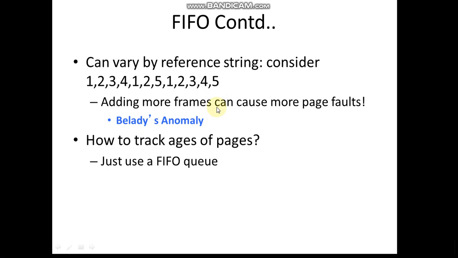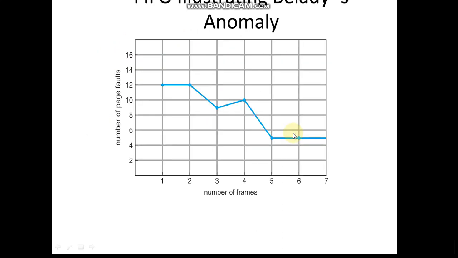It seems wrong, as we say that if there are more frames available in physical memory, it's good, since that causes fewer page faults. But at certain places it results in more page faults. That we can justify by varying the number of page frames and taking this particular reference string. Try it out. This is what Belady's anomaly is.